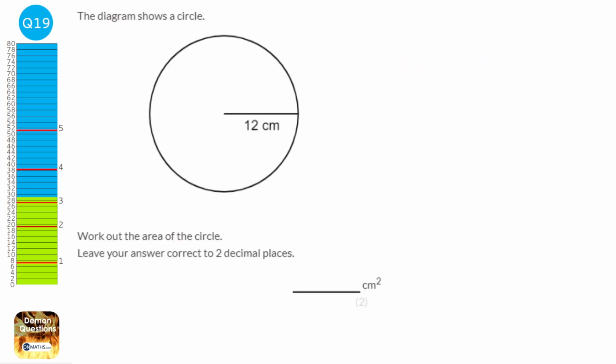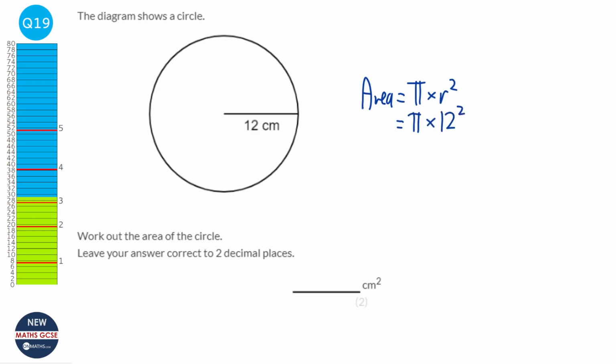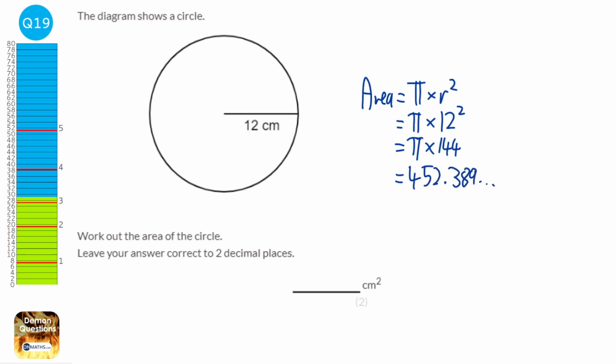To find the area of a circle, we use the formula area equals pi r squared, or pi times r squared. We're given that the radius is 12, so it'd be pi times 144. Type that into the calculator and you get 452.389 and so on. The question asks us to round it to 2 decimal places, so that would be